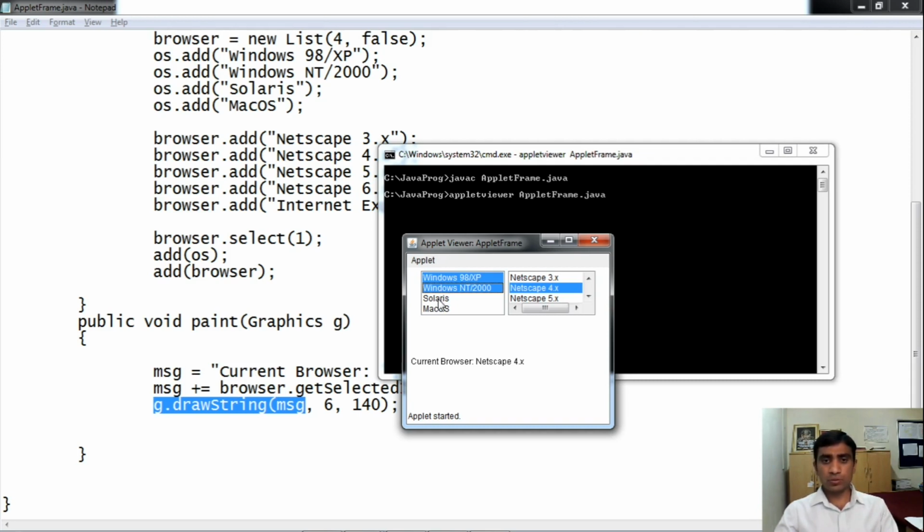When you click on Solaris, this will be selected. That is called multiple selection, and we have made it true. Now in the case of browser, if you select Netscape 3.x, or Netscape 4.x, here we have made single selection only. So you can select only one option from the given.